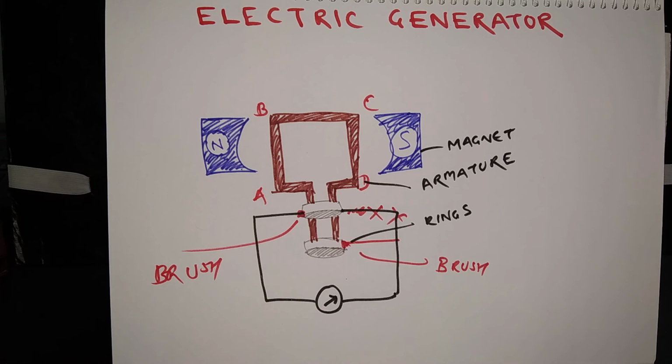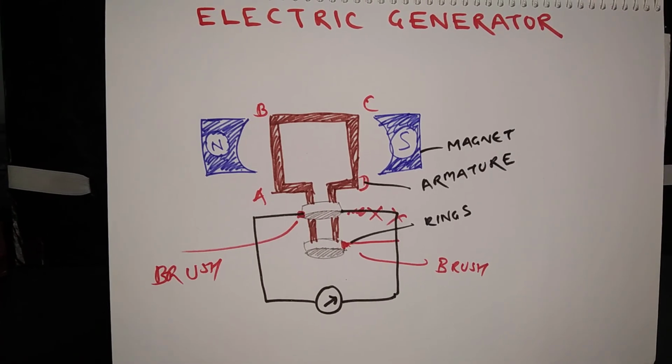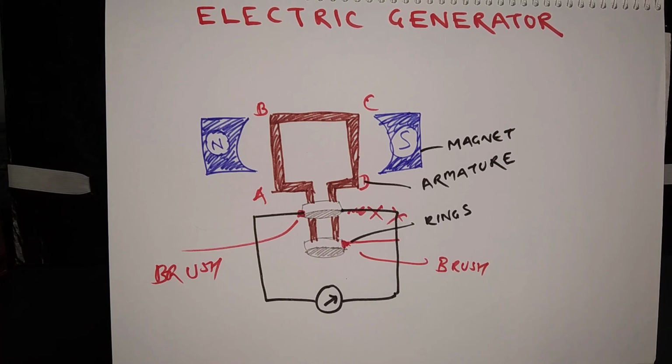So I talked about the magnetic field and field lines. I talked about the magnetic effect of a current carrying conductor, a straight conductor, a loop, and then a solenoid. Then I talked about the effect of a magnetic field on a current carrying conductor, which was explained by Fleming's left hand rule, and the electric motor works on that rule. After that, I talked about electromagnetic induction, which could be explained by Fleming's right hand rule, and the electric generator works on that rule. So that's all for this lesson.